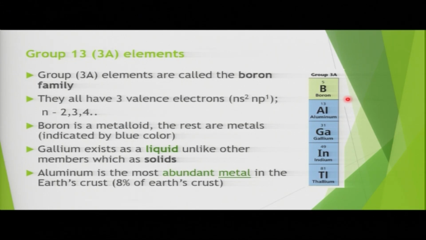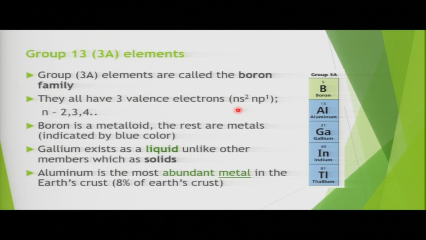Then, as I had already said, being in group 3, they have 3 electrons in their outermost shell, what we normally call 3 valence electrons. From the electronic configuration, which you already looked at, but we shall still check it out, it is ns2 np1, n implying